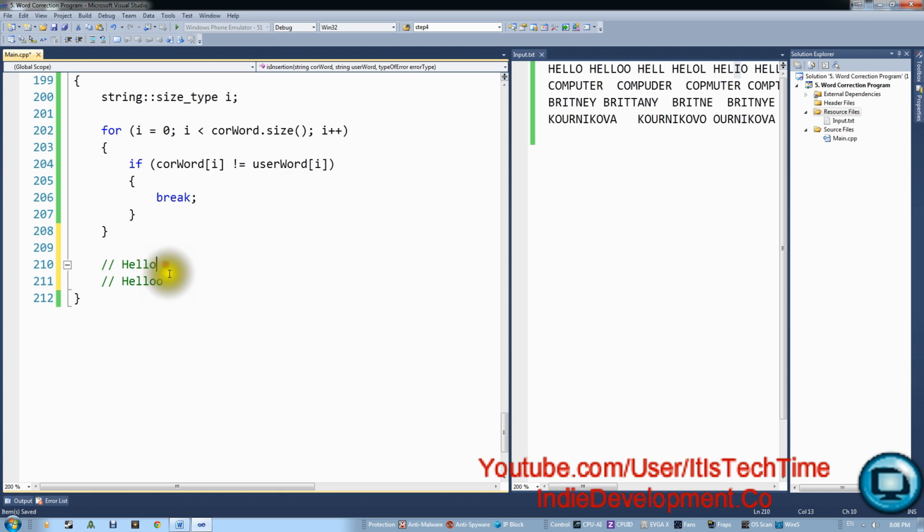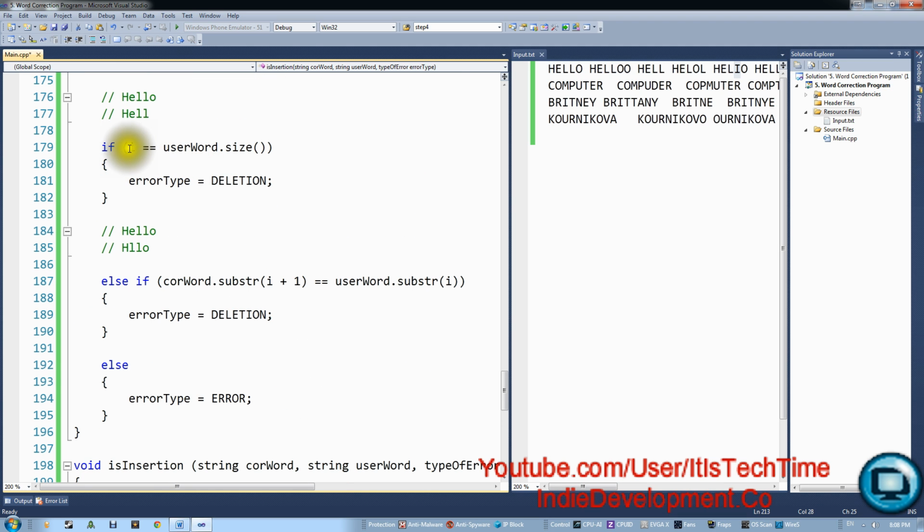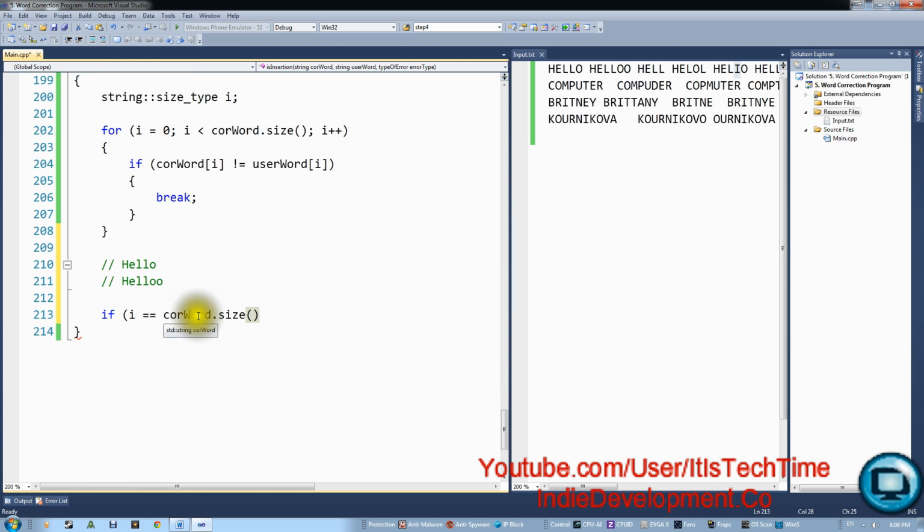We don't want to check for this letter, because it's going to give us an out of bound error. We don't want to do that again. So if I is equal to correct word dot size, and this is the same issue as having I equal to user word dot size, but the opposite, I is equal to correct word dot size. And again, if I didn't explain it enough, please let me know. I'll try to explain it again. So close the parenthesis, and now in here there is the error